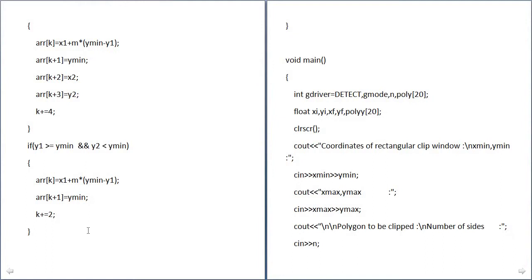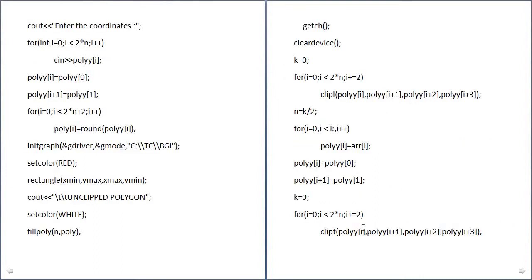By using the integer data type, the graphics driver and graphics mode are initialized, and after that by using the cout function, the coordinates of the rectangular clip window display the message x min and y min. This cout function is also used to display the message polygon to be clipped and number of sides.